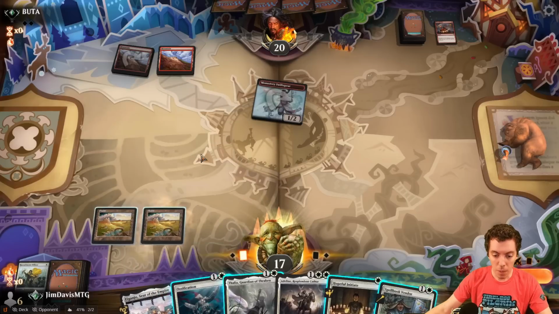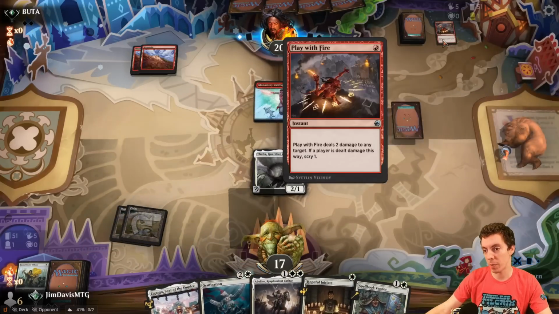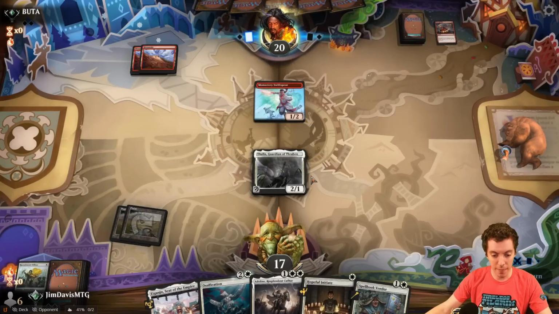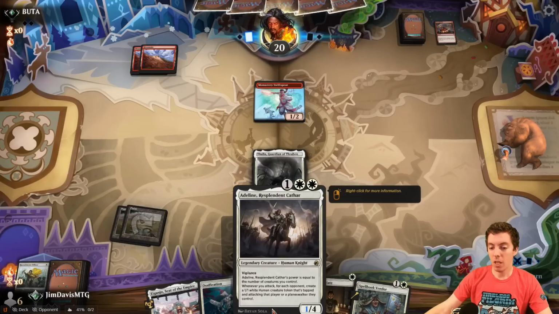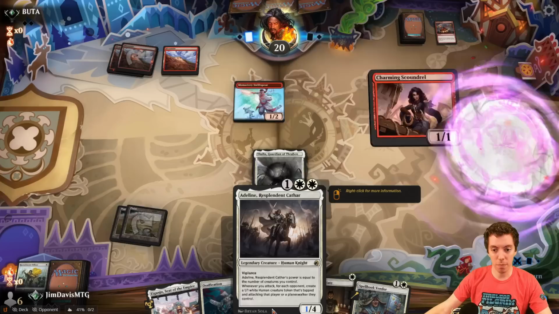So play a land here. Gonna play Thalia. Thalia is pretty great against mono red. Obviously, all their burn spells cost 2 or more, and it might take their entire turn to kill it, which would be great, giving us time to resolve Adeline. Definitely would like to play Adeline and get a token immediately, because I have immediate value off of it, but